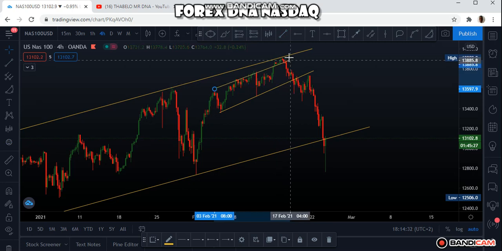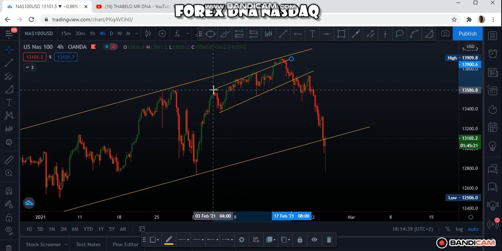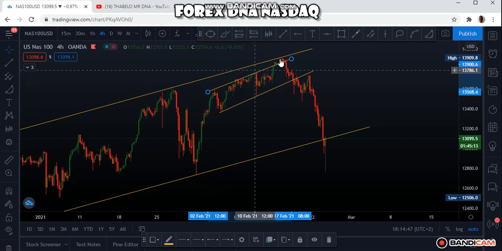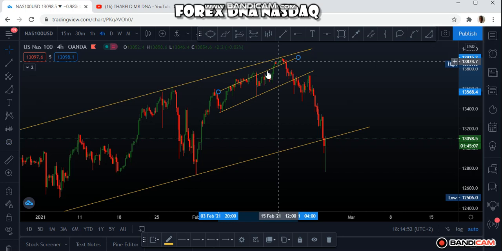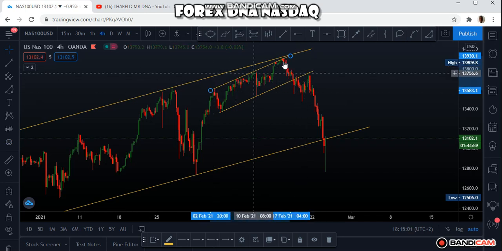Okay, if you can check what's going on here, you have a higher high. Because you have a higher high, you also have a higher high, you also have a higher high. So let's adjust this one. If you can check, you have a higher high, you have a higher high, and you also have a